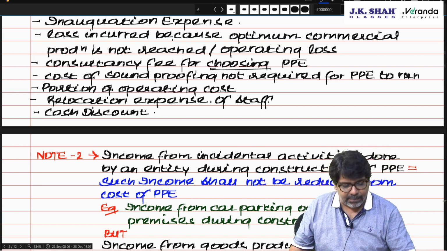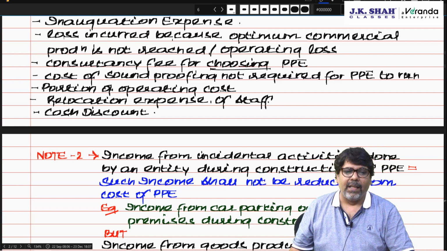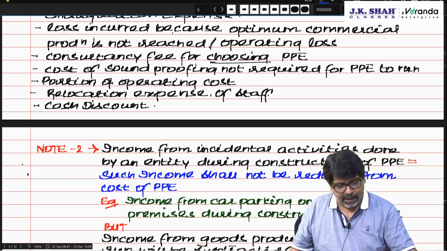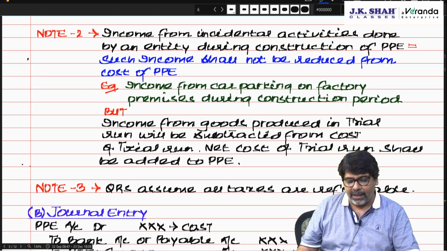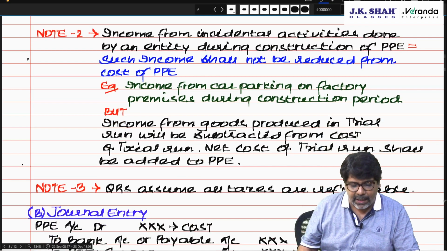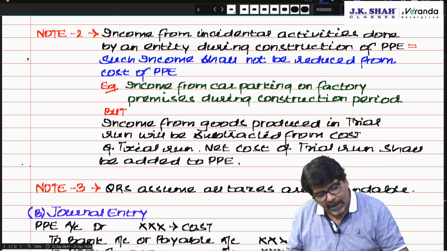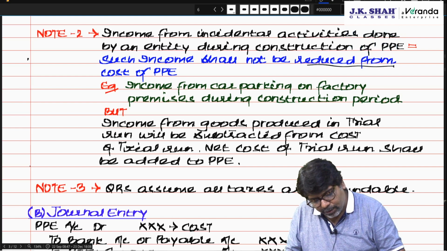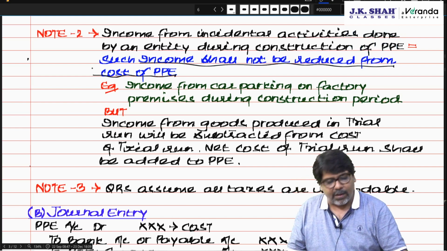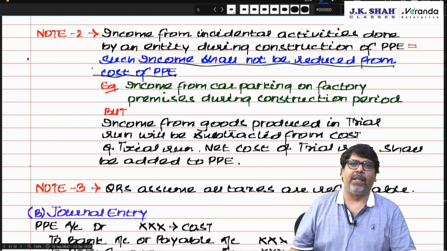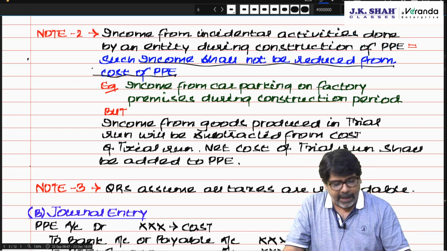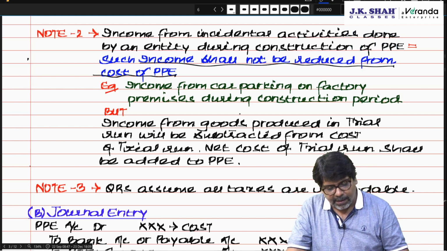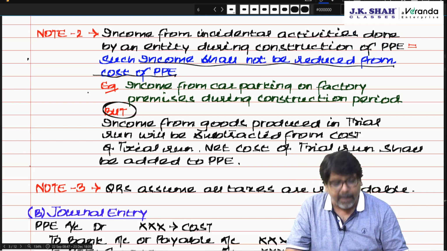So income from incidental activities done by an entity during construction of PPE, such income shall not be reduced from the cost of PPE. Example, income from car parking on factory premises during construction. But now, Chartered,